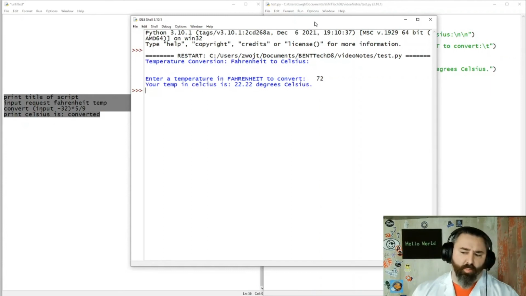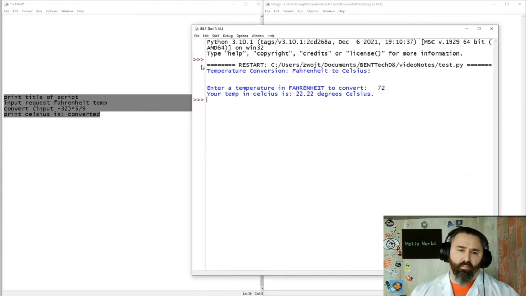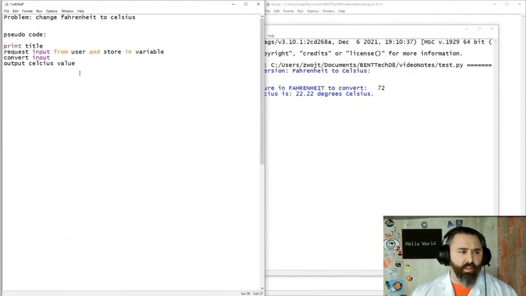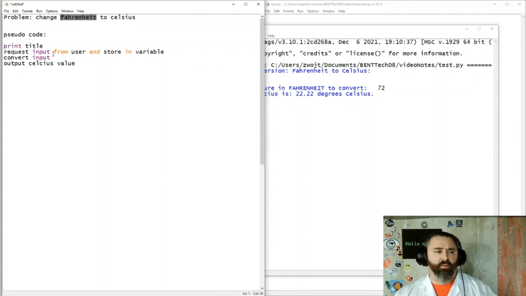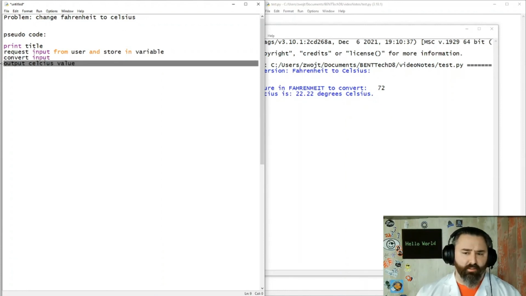But let's get back to the problem at hand here. It's not the problem of converting Fahrenheit to Celsius. It's not the problem of which code to use yet. It's organizing your ideas. Like this over here, this is a solid start. I want to print the title. I know I'm going to do that. Well, I need a temperature to convert, so I need to gather input from the user, store it in a variable, and then I need to convert that input to Celsius, and then I need to display Celsius. Organize your ideas, because this is simple. There's a couple steps here.